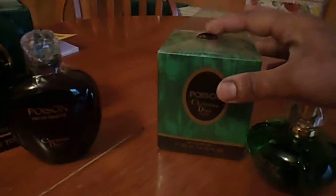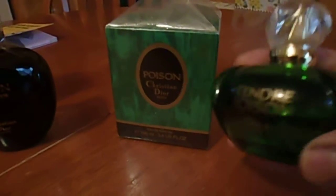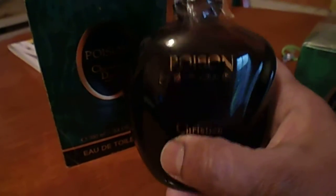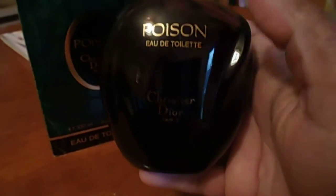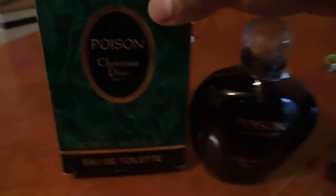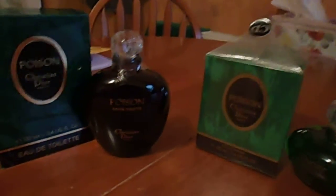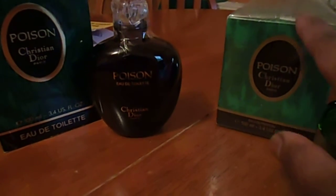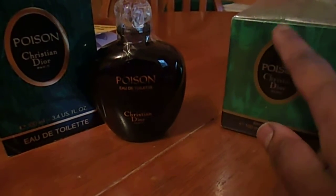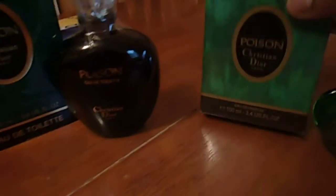Right, so this is the fake, which I received from eBay auction, and this is the bottle that came with it, and this is the vintage Eau de Toilette splash, which I received today, and this is the vintage box. Now you can tell from these two boxes this is counterfeit because you can see the gold embossing is totally flat. It's a matted color,